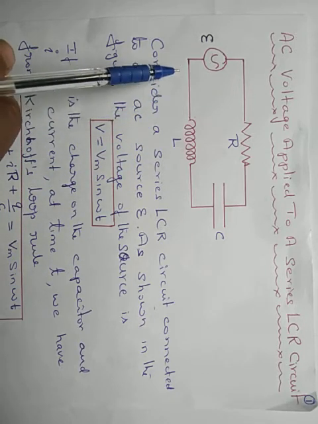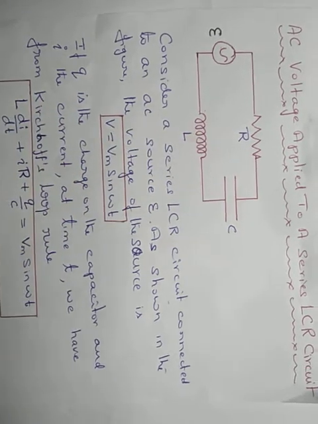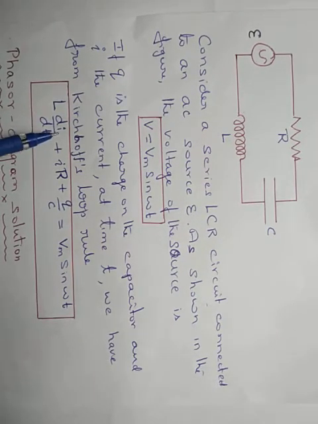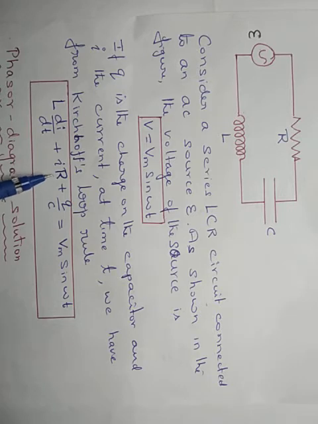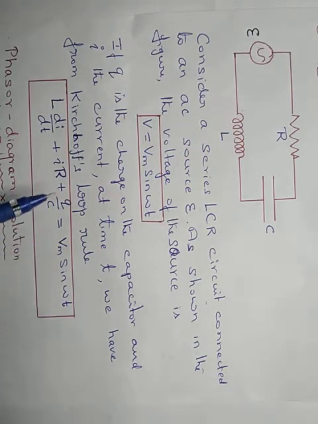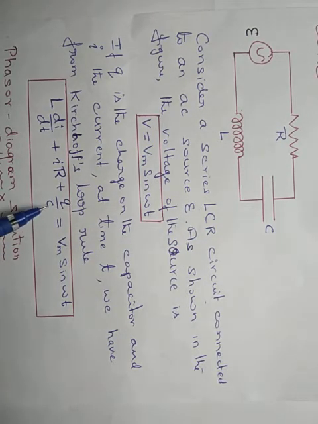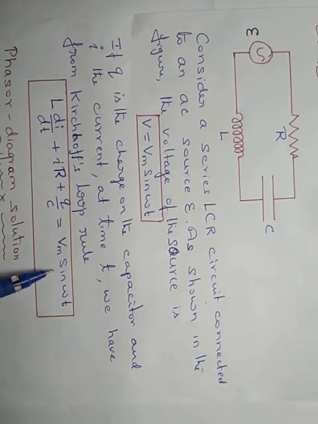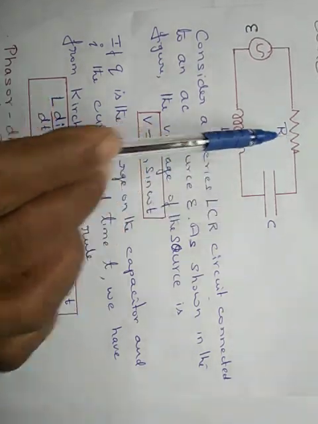So, therefore, the potential drop or voltage across L, C and R is L into di by dt, that is the voltage across or EMF induced in the inductor, I into R according to the Ohm's law, that is the voltage drop across the resistor R, and at any instant if I is the current flowing through this capacitor C, then the voltage across the capacitor is Q by C. So, by Kirchhoff rule, we can write the applied voltage, that is Vm sin omega t, equal to the total voltage across the L, C and R.